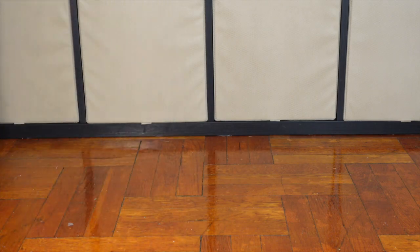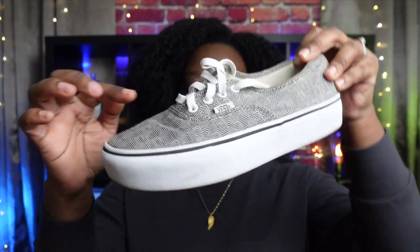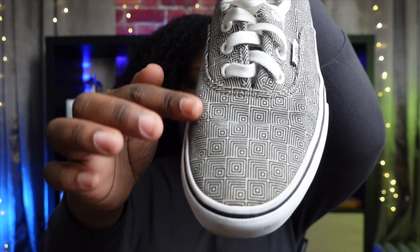I love these shoes, really comfortable. Yeah, so that's one of the first platform Vans that I got. And the second one I got is this one that I have. So as you can see, it's also black and white, the platform, but this, I don't even know what design this is, but